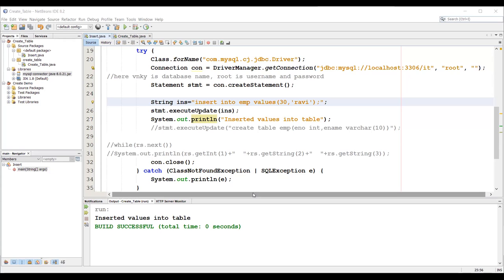Okay, now we have created the table, that program is completed. We are inserting the values into the table. Now suppose you want to update the values in the table. Update in the sense, suppose during our insertion we may wrongly insert some person's name. How are we going to modify that particular employee information in a table? We are going to use the update query. So what is the syntax for the update query?